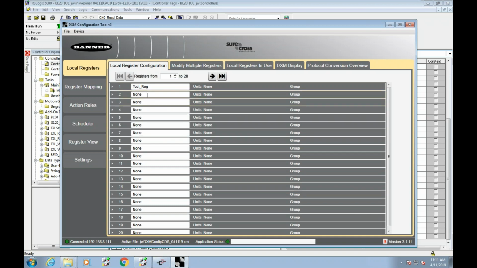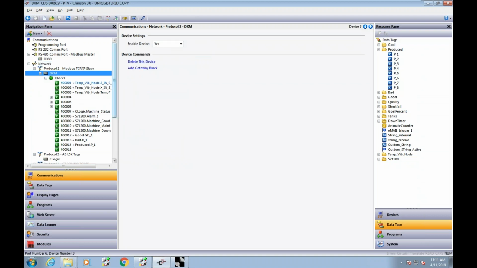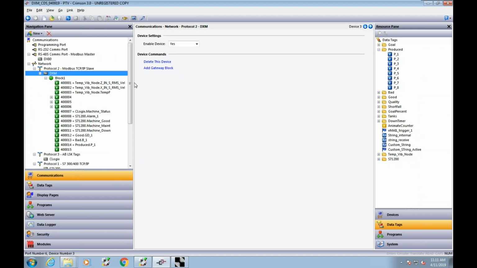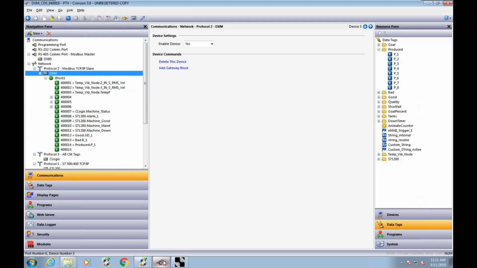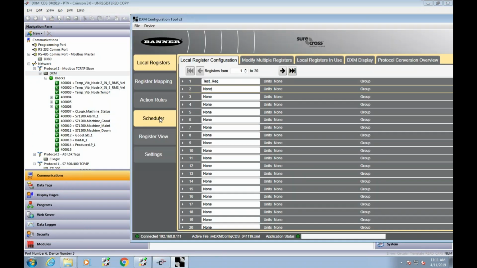So I'm going to go ahead and link some of these local registers with my data here. So if I looked at my mapping here within the DXM, I've mapped this data already. It's pretty easy to do this, but I want to go ahead and match that up. So I'm just going to create these local registers to match what's coming into the DXM. So we'll call this one motor 1, temp, or actually this one is